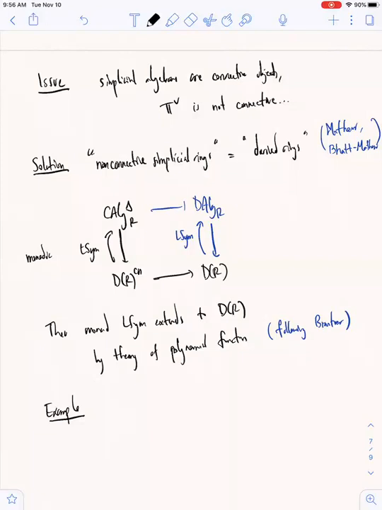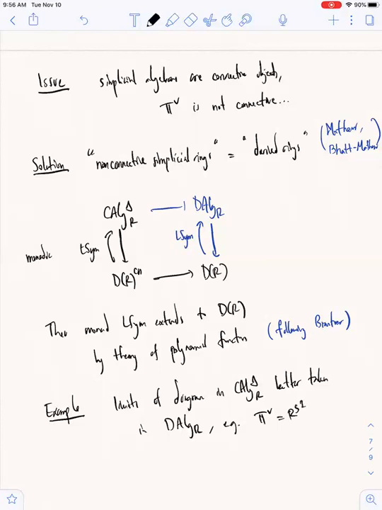What this lets you do is take limits. If you have a limit of a diagram in simplicial commutative rings, it's better taken inside this category of derived rings, because the limit might introduce negative homotopy, and you might want to remember that. One example is the cochain algebra R^{S^1}, the limit of the constant diagram of shape S^1 with value R. Indeed, this cochain algebra is a good example of one of these derived rings, and